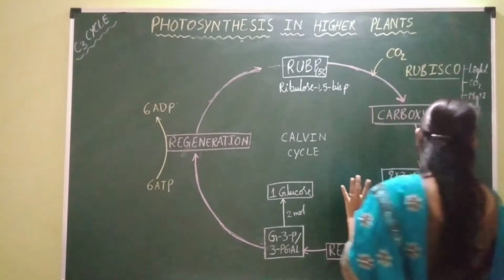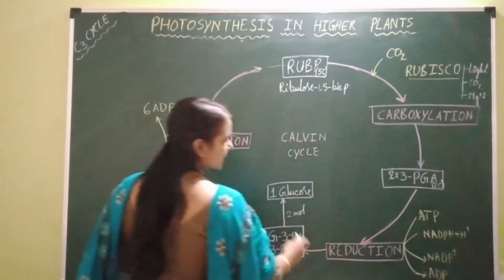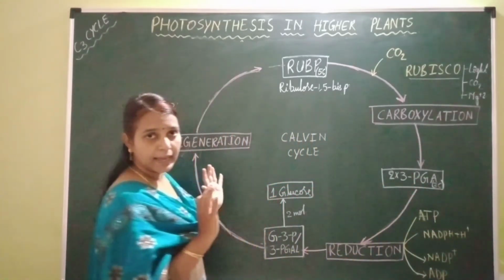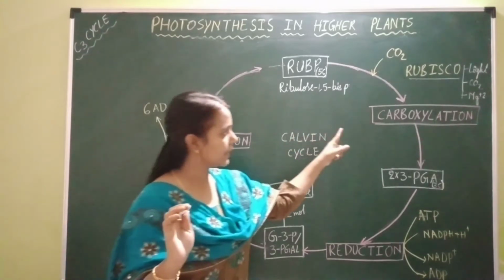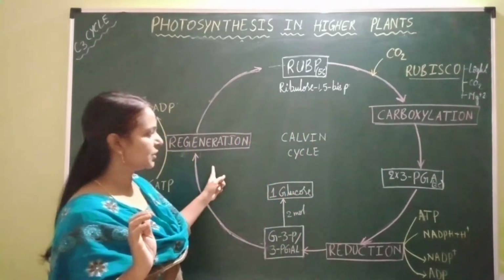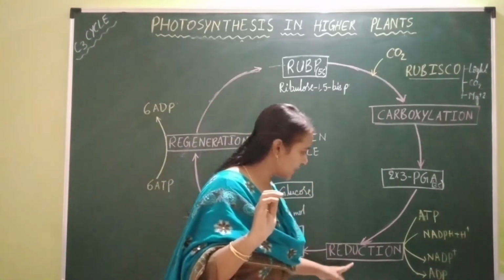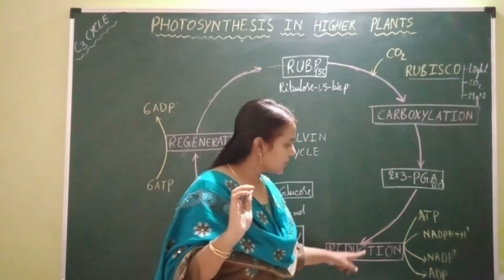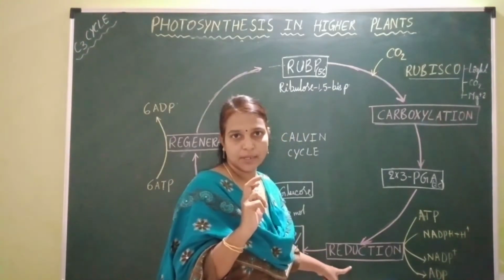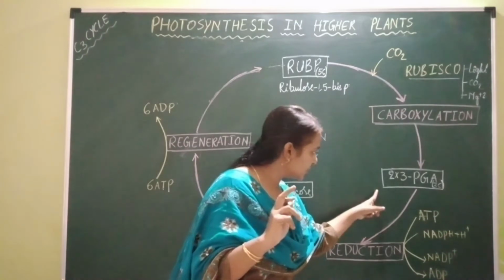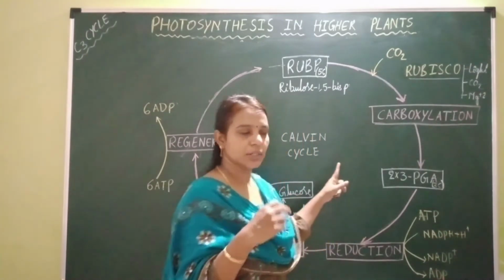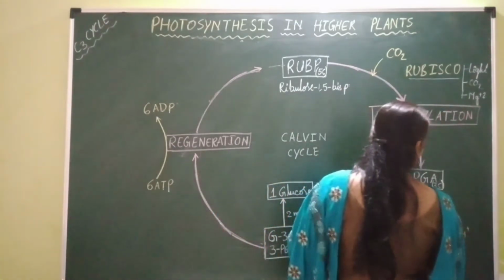Now this 3-phosphoglyceric acid undergoes the next step of the Calvin cycle. The Calvin cycle involves 3 steps. They are carboxylation, reduction and regeneration. Now it enters the next step, that is reduction. This reduction occurs in 2 steps. In the first step, 3-PGA undergoes phosphorylation into 2 molecules of